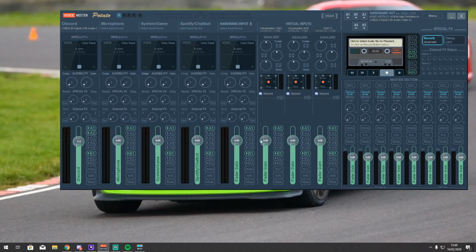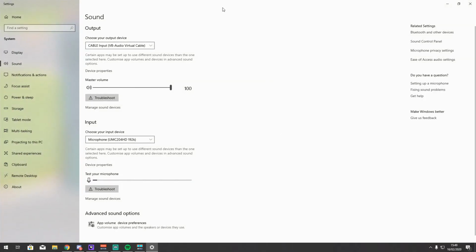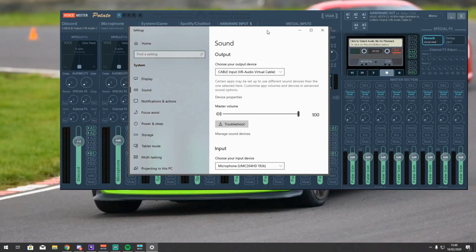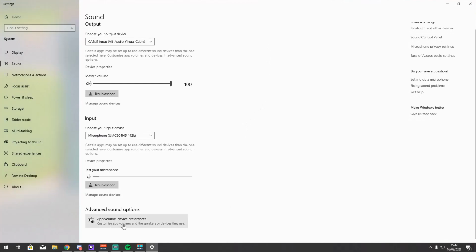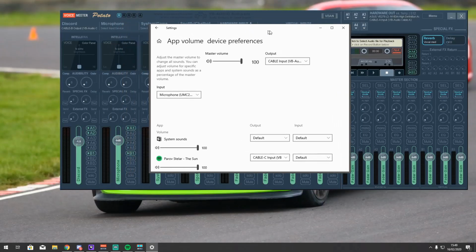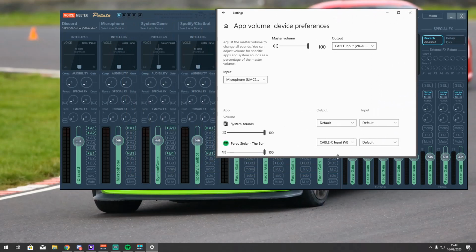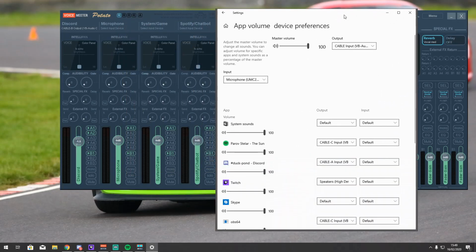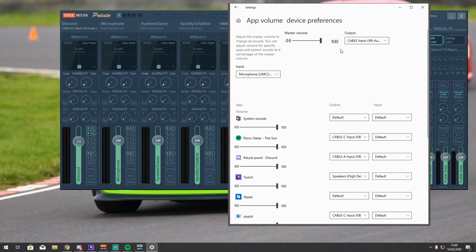So to send things to virtual cable B, what you need to do is open up sound settings. Now Windows 10 has brought in this outstanding feature, which is app volume and device preferences, which means you can actually send individual programs to different outputs. So let's say here's my Spotify. If we set that to cable B output,